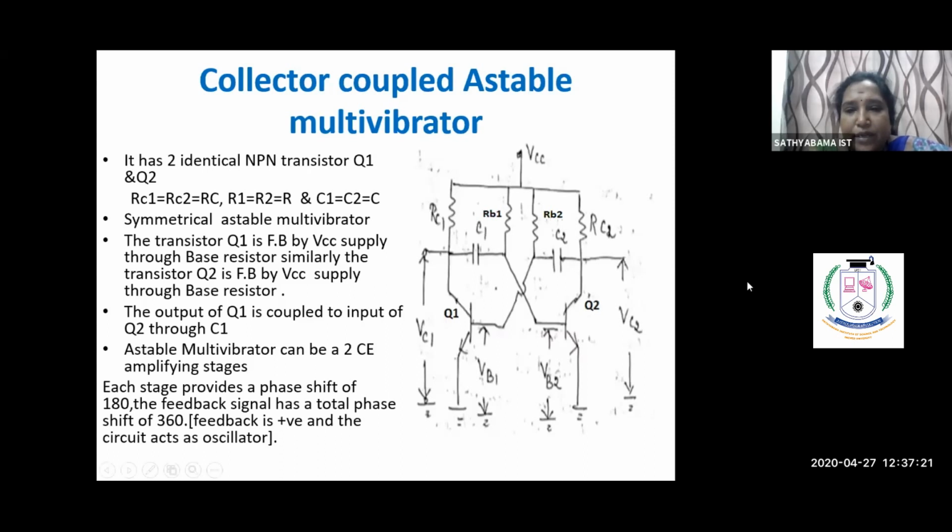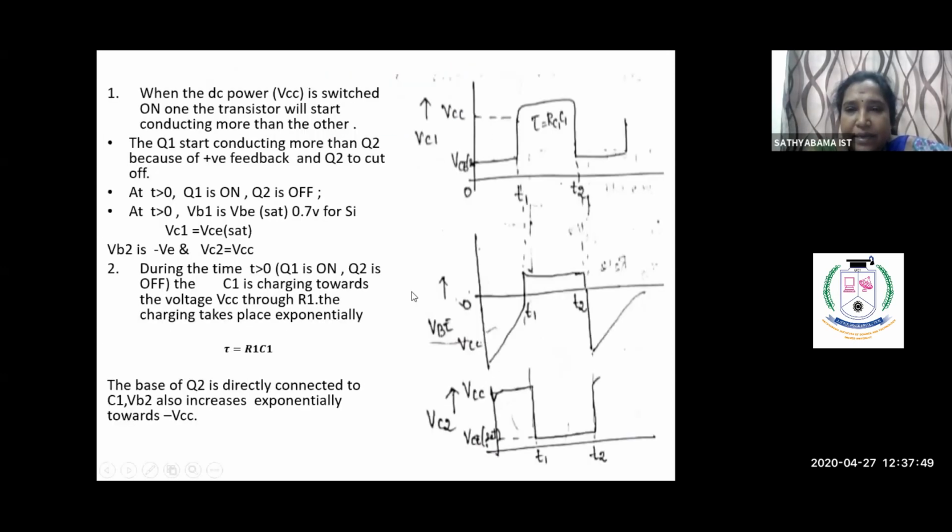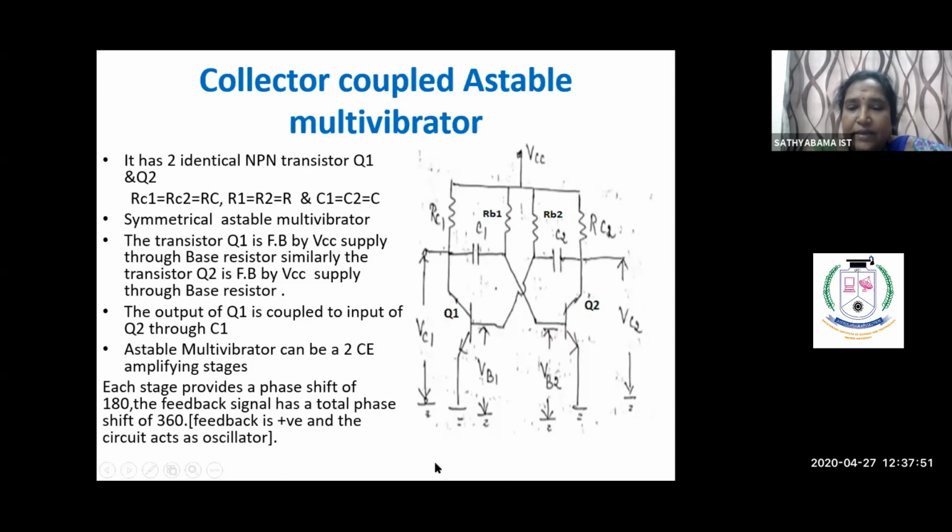In the diagram there are two transistors, Q1 and Q2. Look at the coupling: the output of this transistor is the collector terminal. The collector terminal is coupled through the C1 capacitance to the input of the Q2 transistor. Similarly, Q2 output is coupled through C2, and it is given to the input of the Q1 transistor. And other things, as I told earlier,